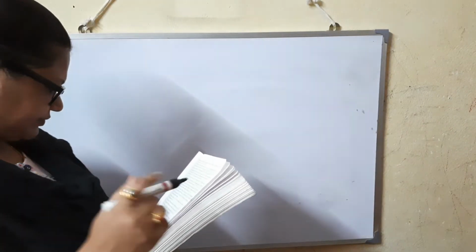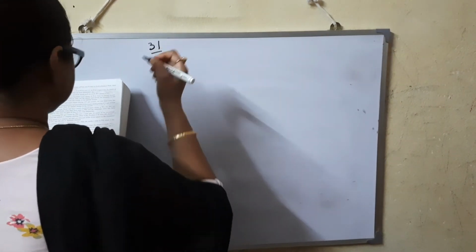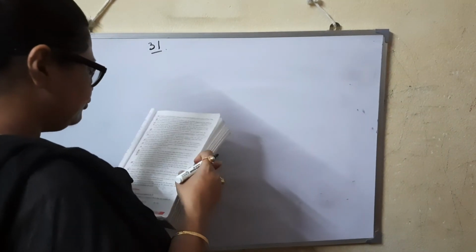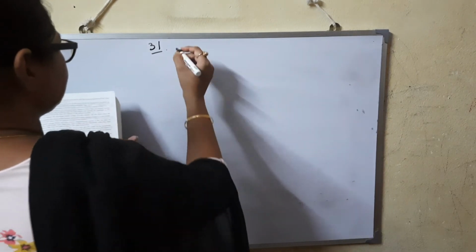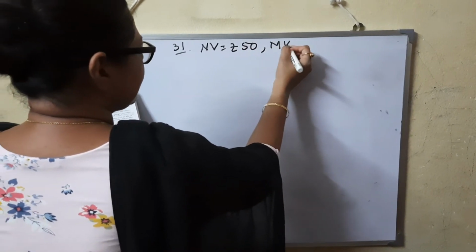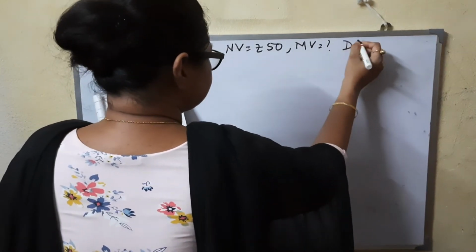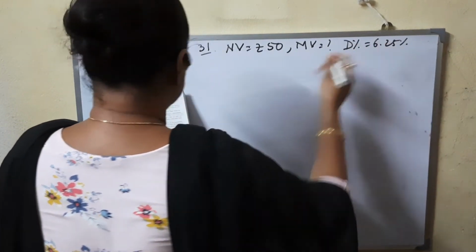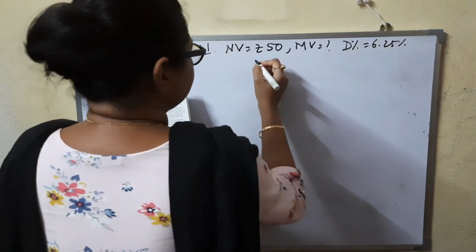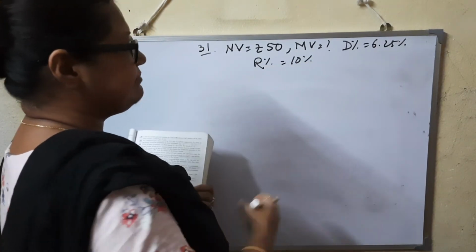Next sum we are going to do is sum number 31. Even this is an easy one, but a different pattern. They have said, at what price should 6.25% rupees 50 share be quoted? So nominal value rupees 50, share be quoted, that means market value we don't know. 6.25% means dividend percent is 6.25%. When the money worth is 10%, rate of return is 10%. Alright. Same pattern of sum.